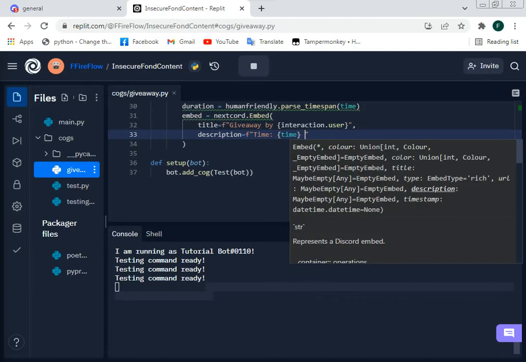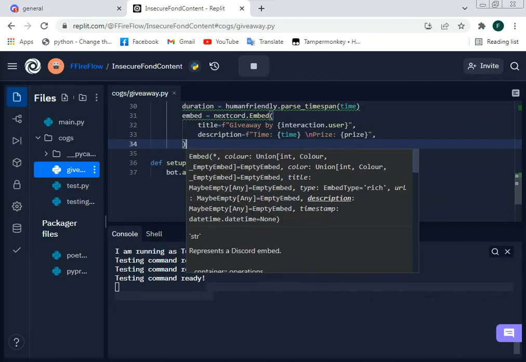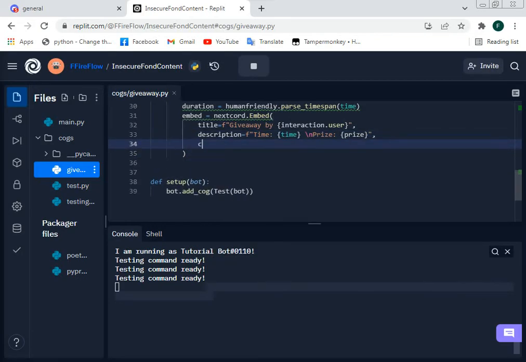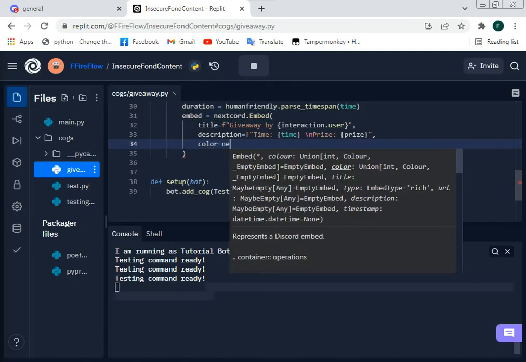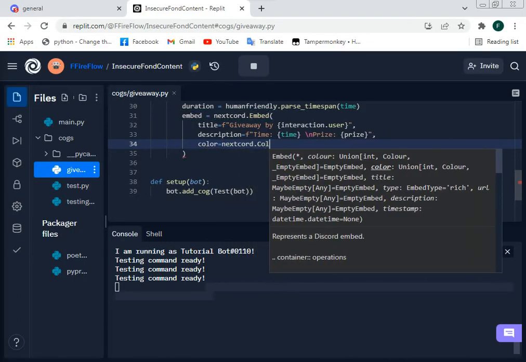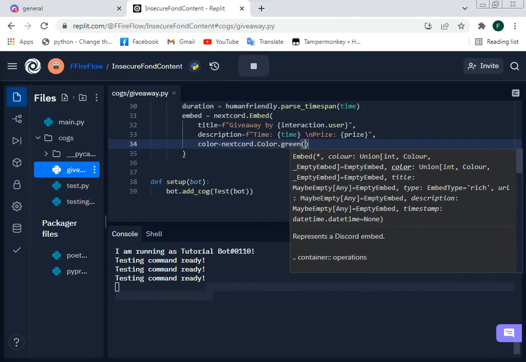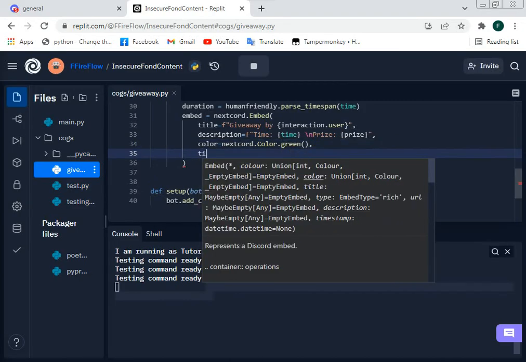Then we will add here backslash n, and we will do prize colon, then we will just add prize. Oh, and we could also set color, so color equal nextcord.Color.green parentheses, and